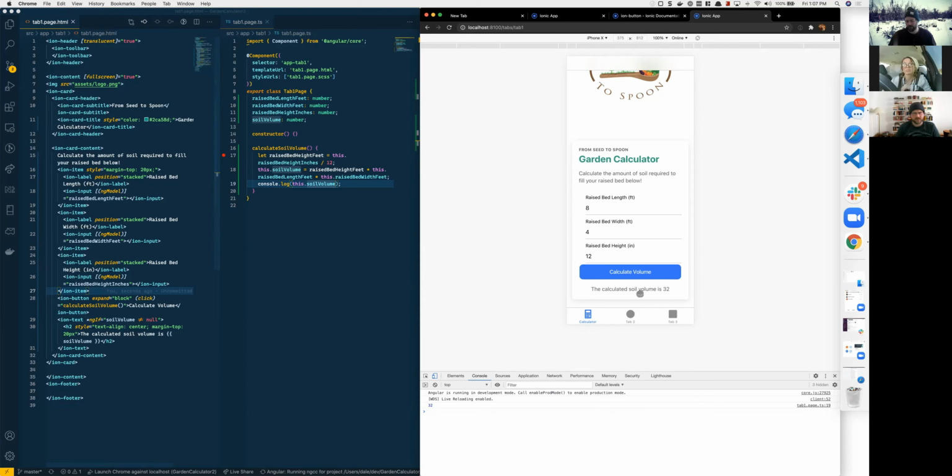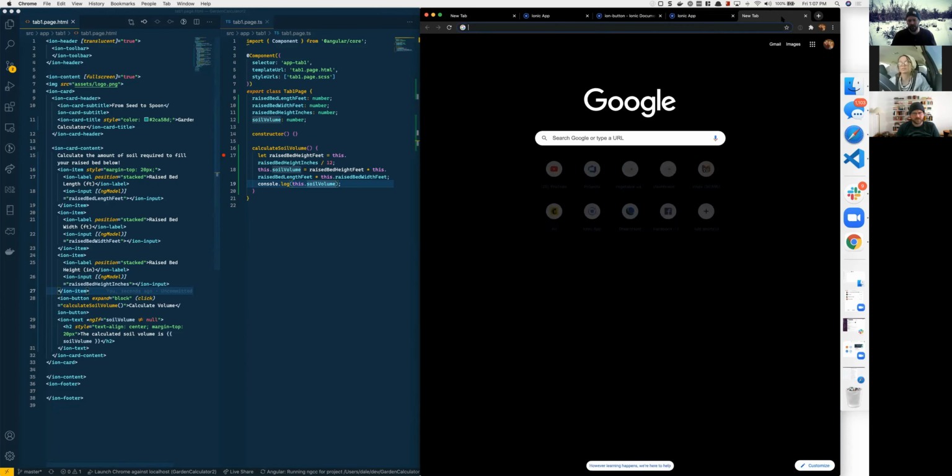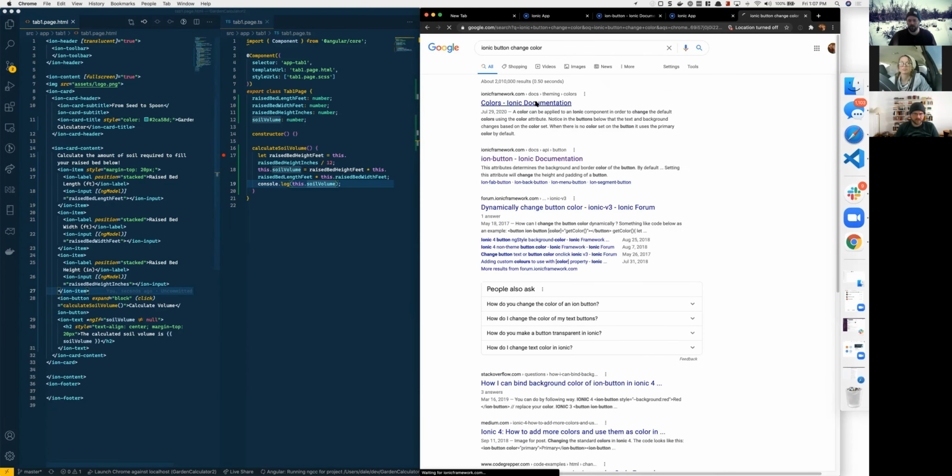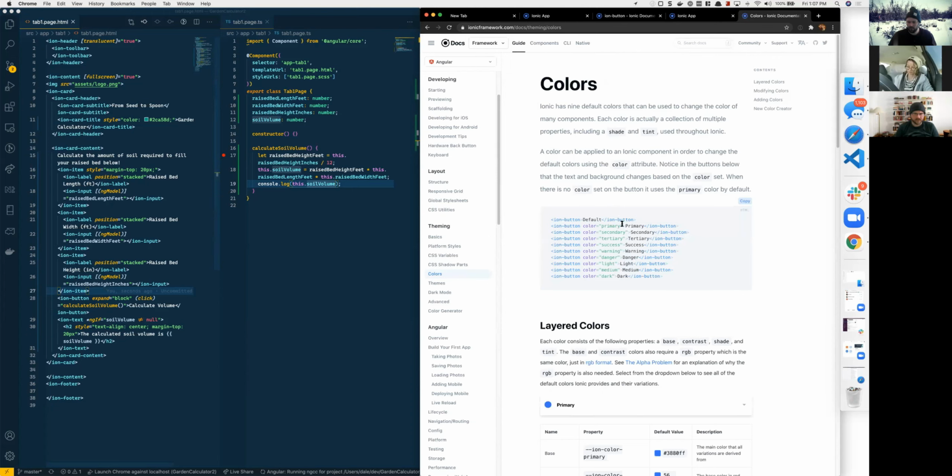So I think that's probably a good stopping point. One other thing, I want to make that button a different color. Let's see how easy it is to do that, because we got 2 different blues going on. So let's look up how to change an Ionic button color. It may be really simple. Okay, so we just need to set the